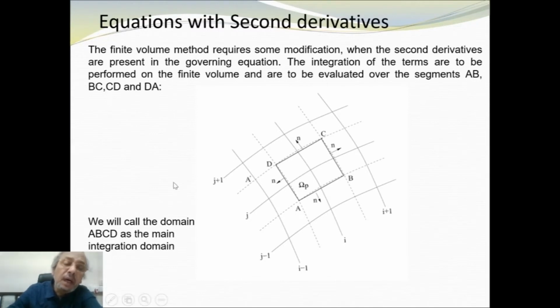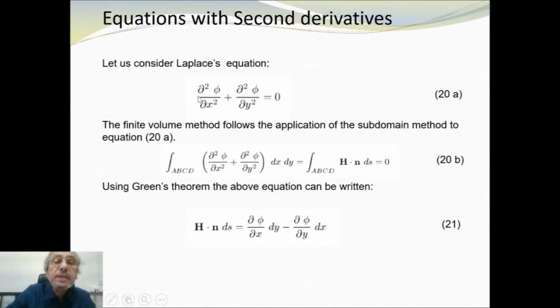We have zeta equal to constant and eta equal to constant lines, and we have defined the ABCD control volume, which has a center at i, j, and the segments are AB, BC, CD and DA. We will consider Laplace's equation, del square phi del x square plus del square phi del y square equal to 0, and